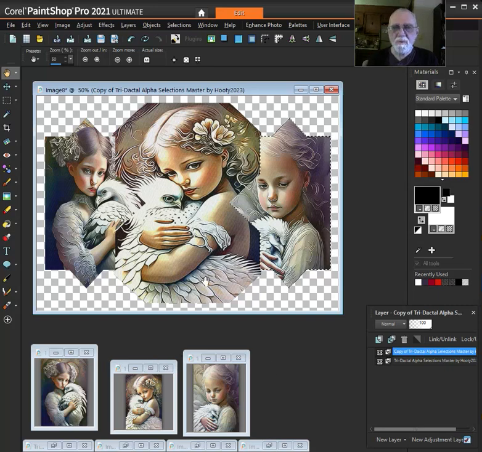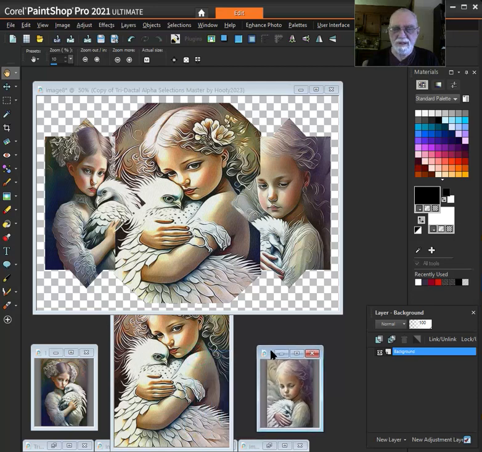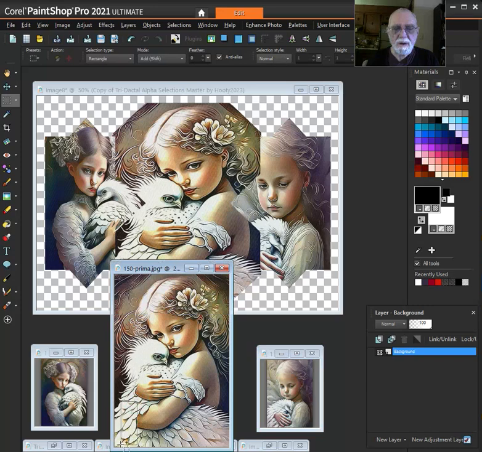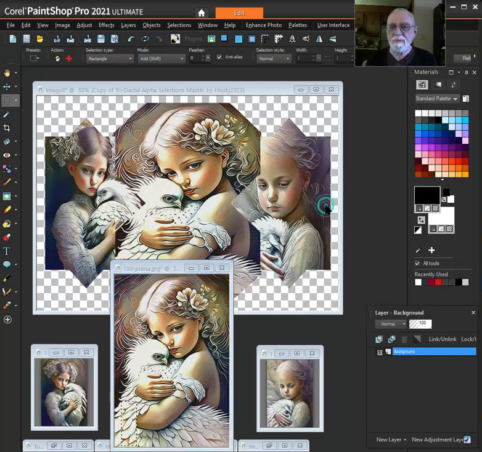So I'll show you what I would do on this. This will make it a little bit longer, but maybe you'll find this interesting. I'm going to take the selection tool, the rectangle, and pick a little bit of the feathers from one side because that's part of the main graphic there, and do a Control C to copy that. I'm going to right click on the workspace, paste as new image,